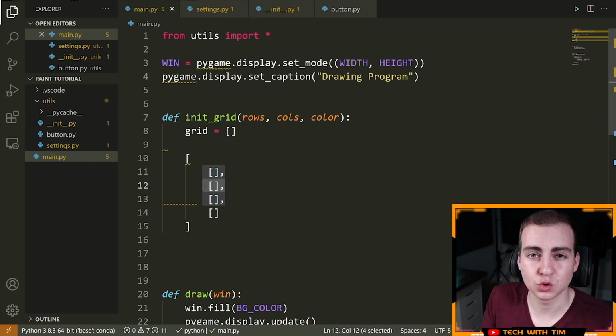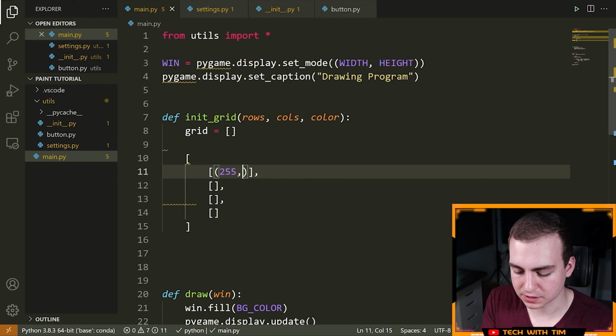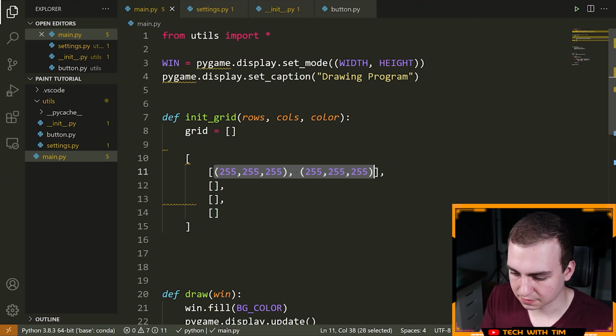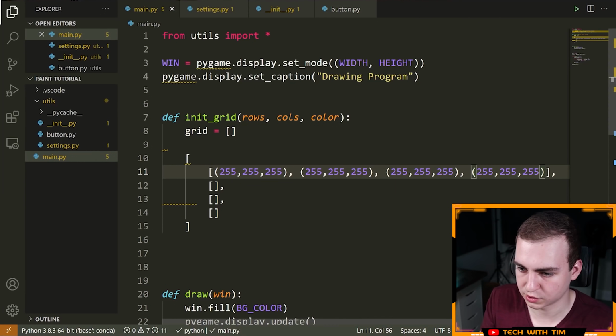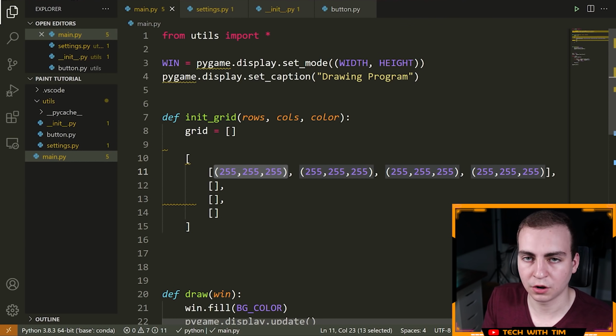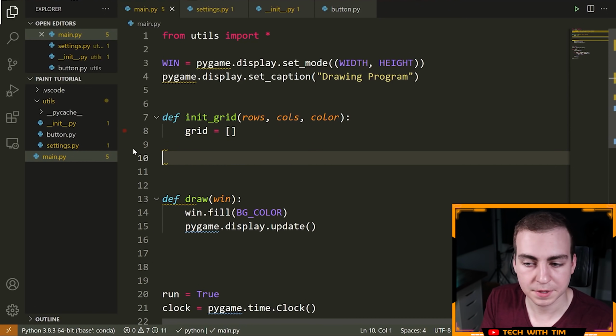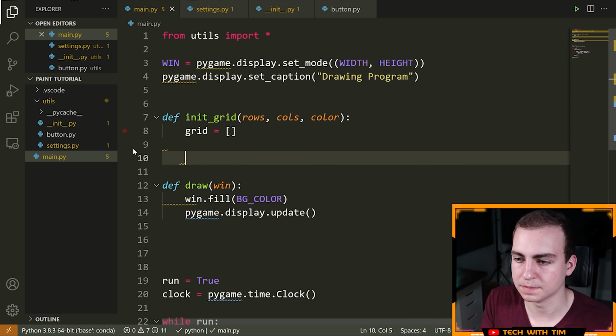Each of these lists are going to represent a row of pixels, and then inside of these lists, I want every element to be a tuple, whatever you call it, representing the color of these pixels. So if the color was white, then it would be 255, 255, 255, and you would repeat this for all of your rows. So each row would look like this. We would have 16 elements in total, each within their corresponding row, and then the index within the row would be what column they are in. So hopefully that makes sense, but that's what we're going to try to create here, but dynamically based on how many rows and columns we are passed.